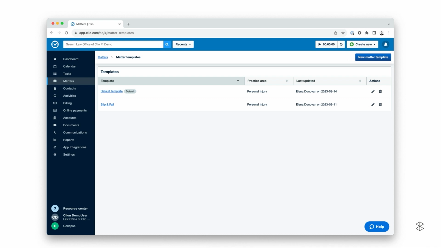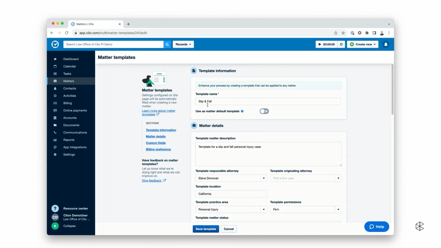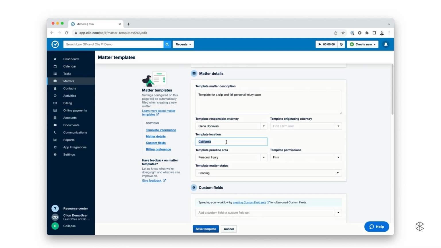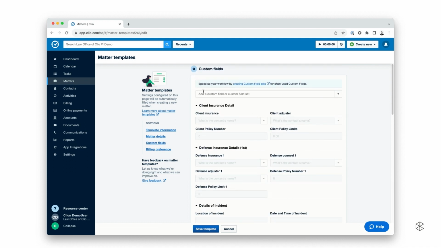You can create them for whatever reason you want. We have a default template here. We also have this slip and fall template. And so I'm just going to go edit our slip and fall template. I'm just going to check that a few pieces of information are the way I want them to be. So I've got the description, I have the responsible attorney, I have the location, that's all set up the way I want. So I'm just going to go down to the custom field section,